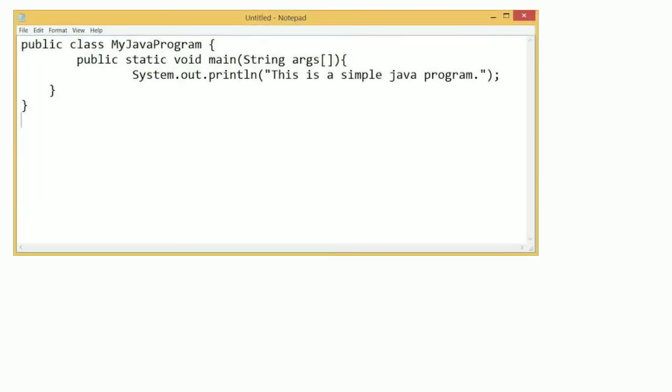Here we can see that we have kept public for the class, and in the past video we just saw a default class, we didn't even keep public for that. That means that class is called default and this class is called public. It is mandatory whenever you're doing projects to keep it public, because one class has to be extended with another class, one class has to be mixed with another class. If you want to use methods from the other class, you just have to give public, and public is mandatory for the classes.